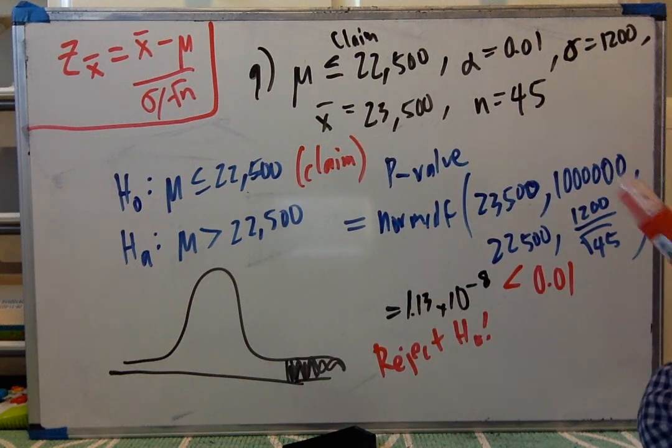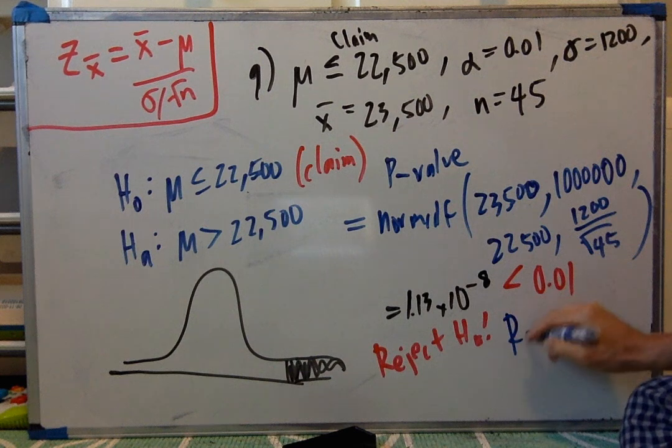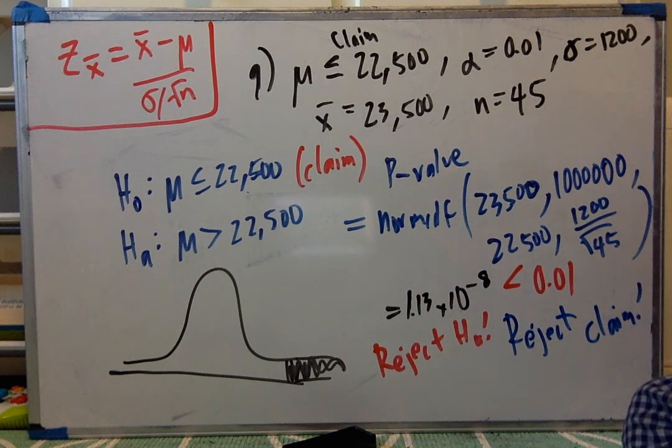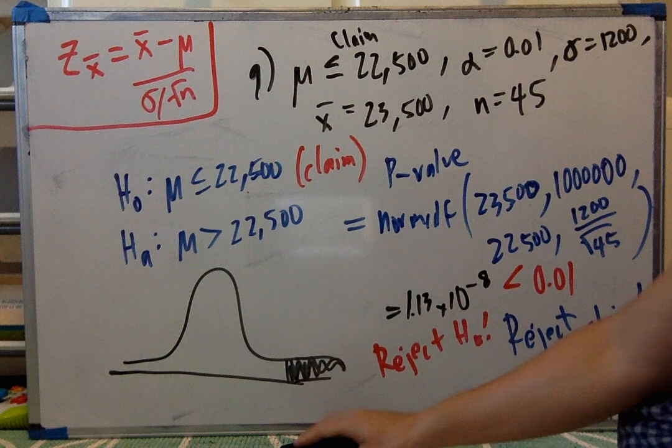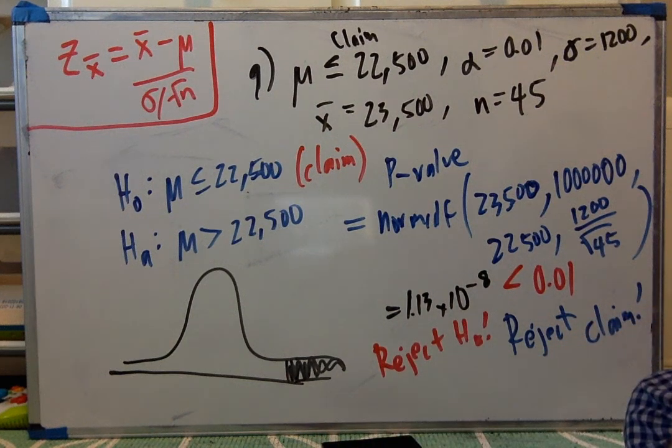So I reject H naught, which means I reject the claim as well. There it is. It's all starting to come together, right? As you see these questions in action, you see what they really mean. Okay, we're going to stop now, and then I'm going to go on to the last